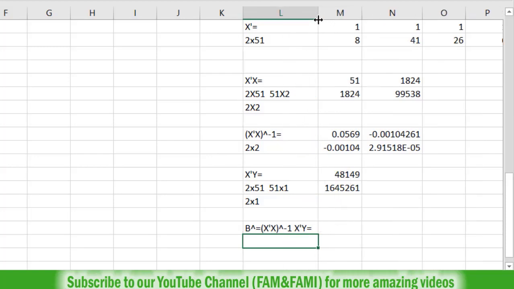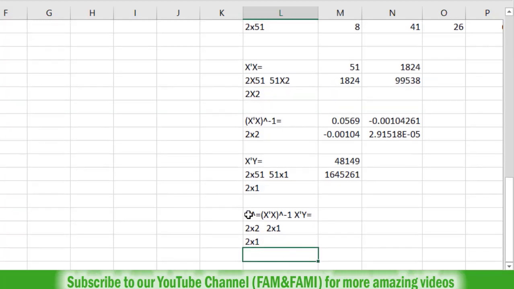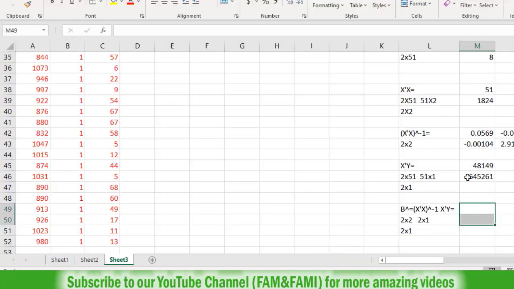In order to calculate it, again you need to write the dimensions. The dimension of X transpose X whole inverse is 2 cross 2, so write its order below here. And the second one is X transpose Y, whose dimension is 2 cross 1, so write its dimension here as well. Again the middle two will get cancelled. So the number of rows in the first matrix is 2 and the number of columns in the second matrix is 1. So 2 cross 1 is the required dimension of this beta hat, which is X transpose X whole inverse X transpose Y. So only one column M and row numbers 49 and 50.